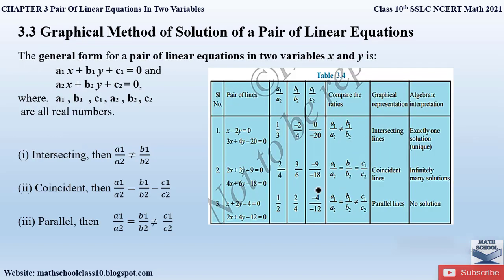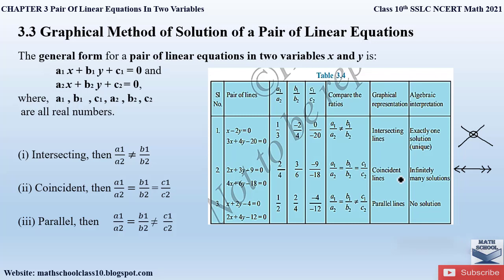Now this table is very important. There are three criteria or three possibilities given here. Whenever a pair of linear equations is intersecting, then at the point of intersection you will get a point, or a solution. Therefore, any pair of linear equations which are intersecting will have exactly one solution, or a unique solution. So at this point you will get a unique solution. The second possibility was that the lines will coincide, that is, they will overlap each other. This is one line representing one equation. There will be another line representing the second equation which will be overlapping.